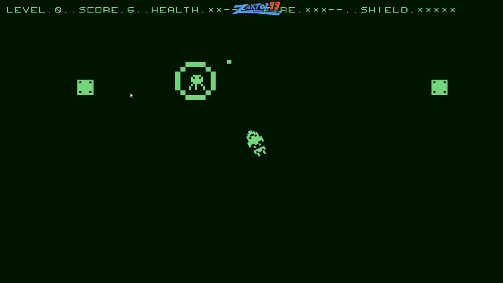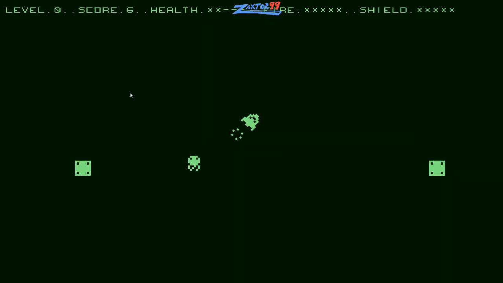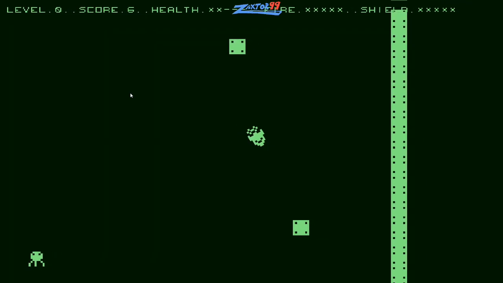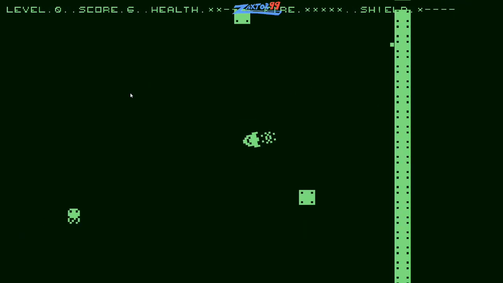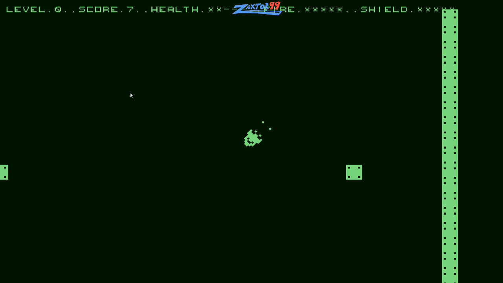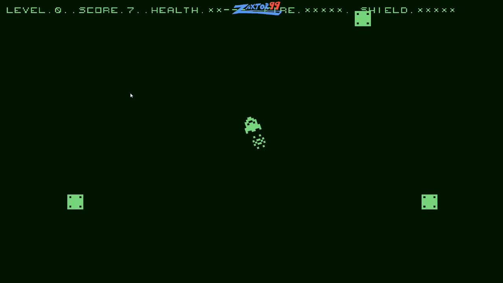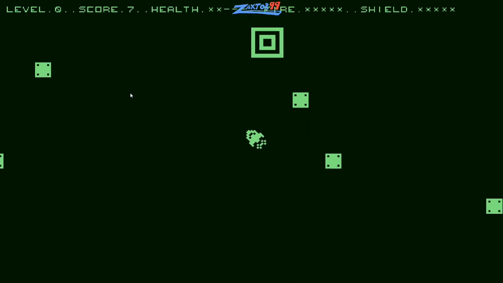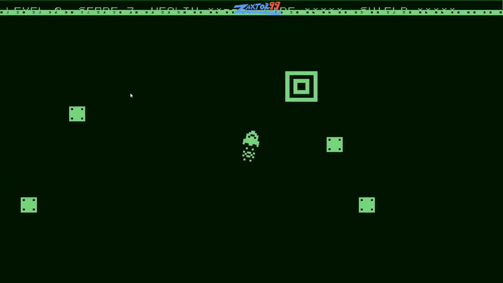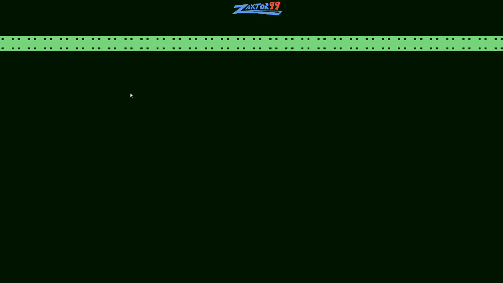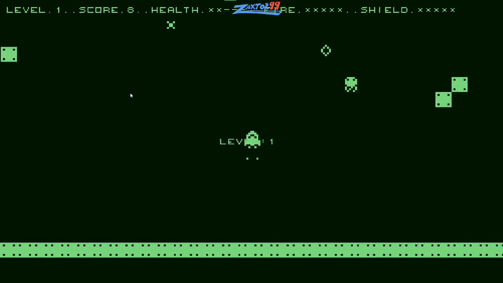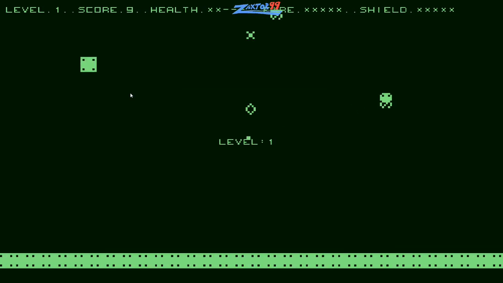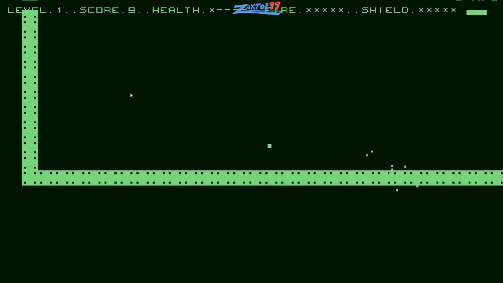But if not, you should at least allow users to use the WASD keys instead of the arrow keys. That is a big complaint that I had. There we go. So I've scored 7 points. You basically get 1 point for every one of these things you kill. It's a fun little game. I mean, it's more fun than it looks like, and this is just another game that goes to prove that graphics don't make the game. You can have a great little game that's a lot of fun.